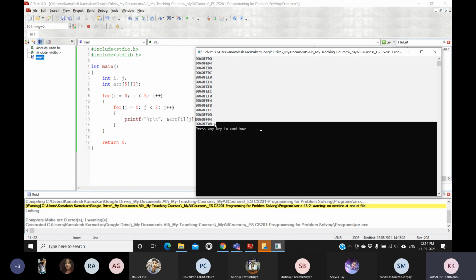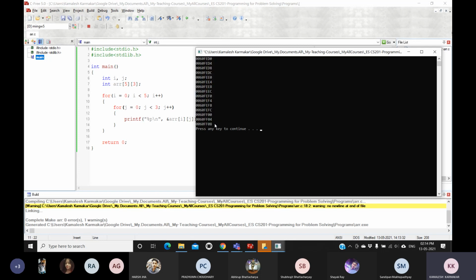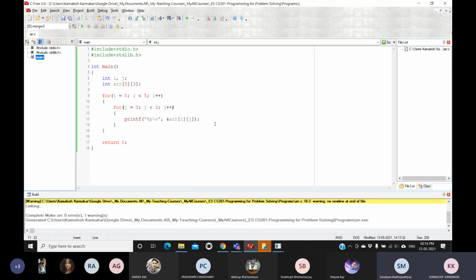Any more clarification needed in this section? No, sir. Okay, so when we declare a multi-dimensional array, these dimensions are to be kept here. But in dynamic memory allocation the things will be different. We will discuss it later when we discuss pointers.